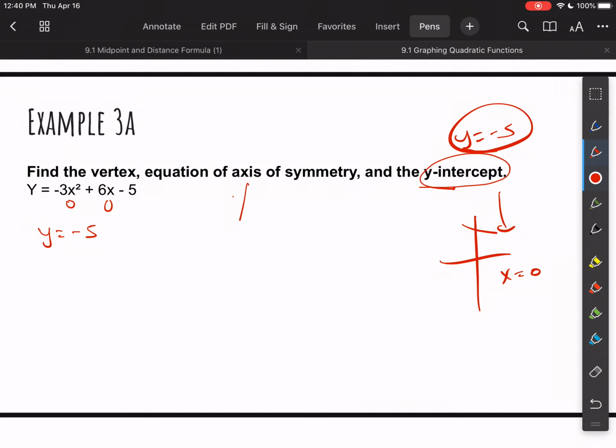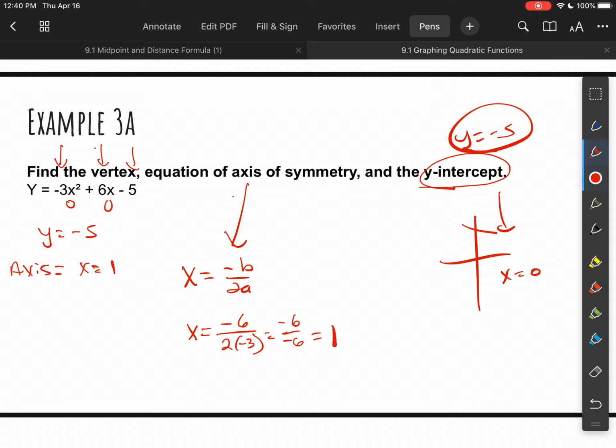The axis of symmetry is the tricky part here. The equation for that is x equals -b/2a. So I have to identify my a, b, c's. If this is in standard form, with the coefficients from highest to lowest, the a term will always be out front, the b term will always be second, and the c term will be third. So we know that b in this case is 6, so we plug it in. x equals -6 over 2 times a, which is 2 times -3. So that comes out to -6 over -6, or 1. So my equation for my axis of symmetry